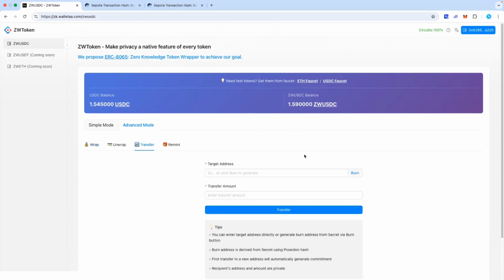And after that, you could just transfer the ZWUSDC to others. You can swap it in Uniswap. You can use it as the tokens to provide the liquidity in some pools. But if you want